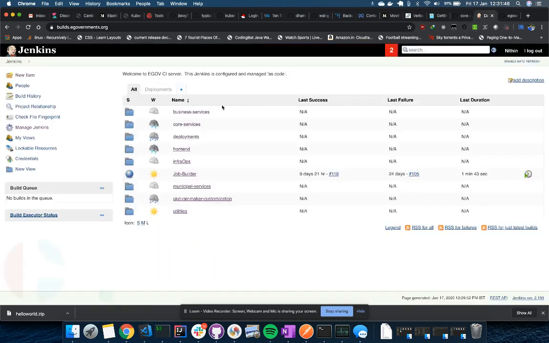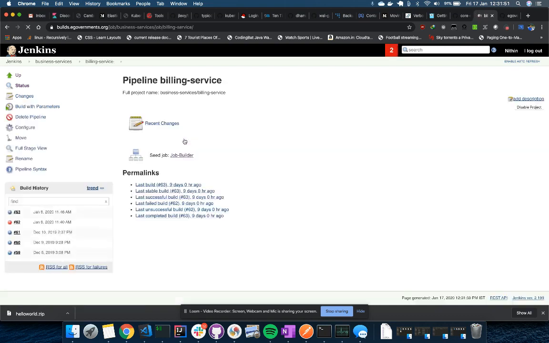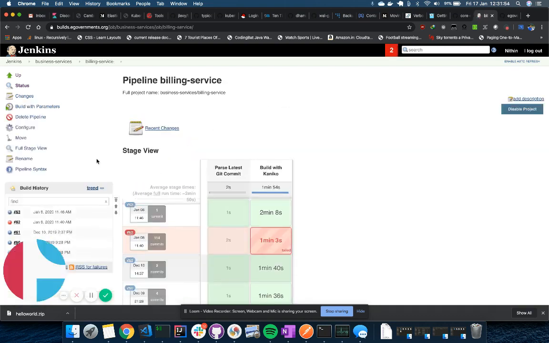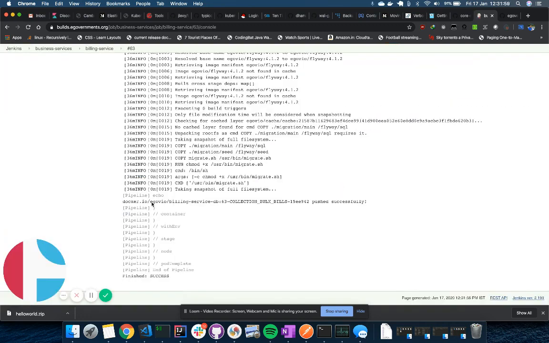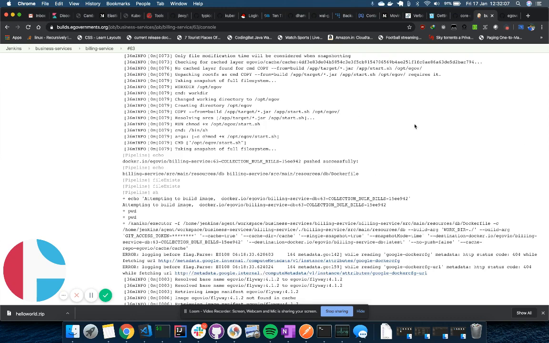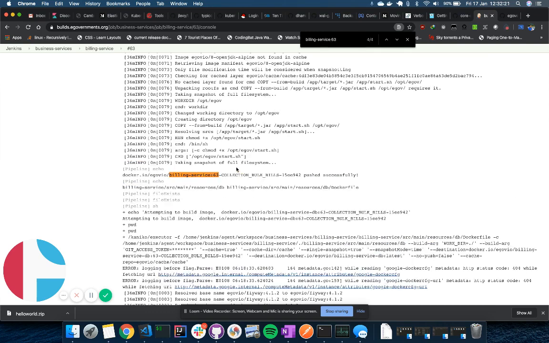So normally what we do is, when I build billing service, you would get one image, billing service, with whatever Docker tag. Let me show you the output of that. So this would be your tag that comes out. This is the image that's built. Now for billing service to run, it's not just one. So there are two of them. You can see here, this one has a DB migration as well. So this is the first image that's pushed.